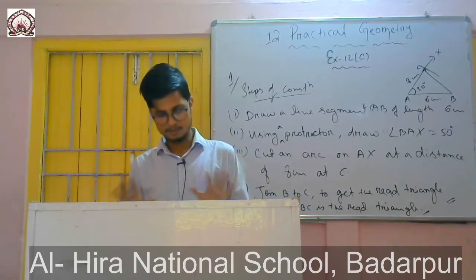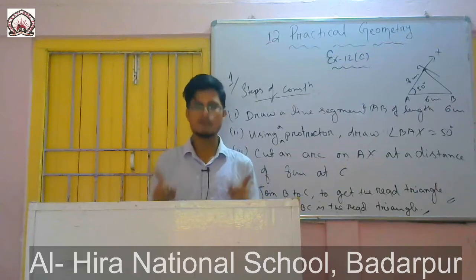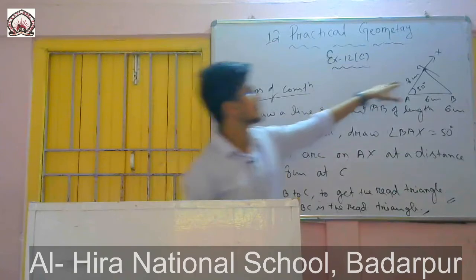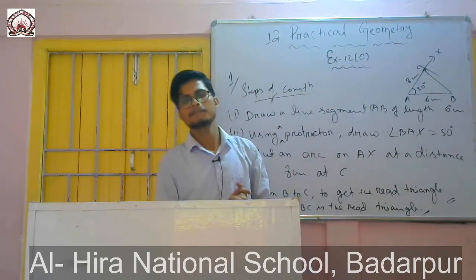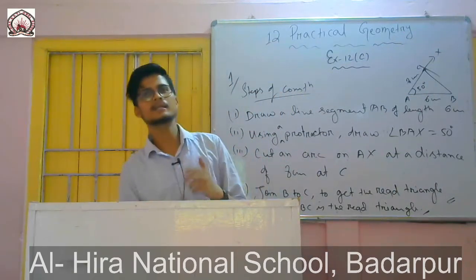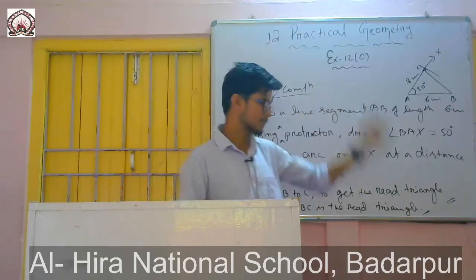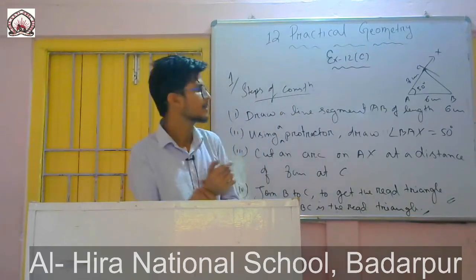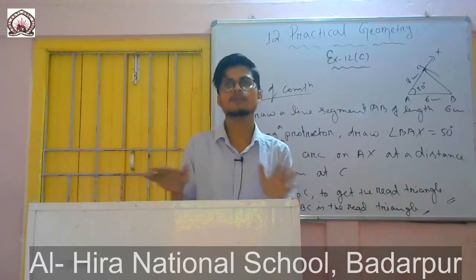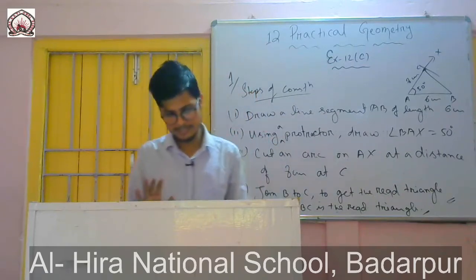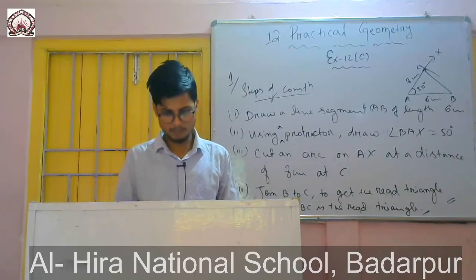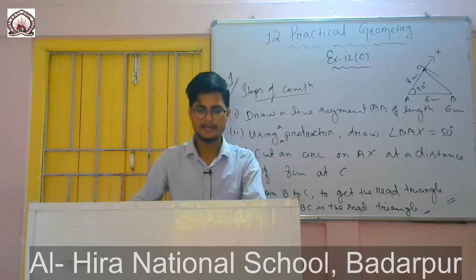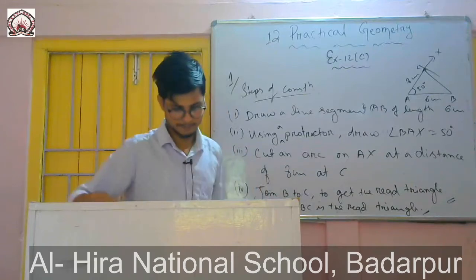So by using this one you are to draw that triangle. Two angles are given, that means you will get a third angle also. So after constructing you will measure the third angle. Then after calculating you are to check whether the angle you got by measuring and the result you got by calculating are the same or not. If both of them are the same, that means your construction is correct. So question number 1, it is given triangle ABC in which AB is given and angle BAC and angle ABC are given.